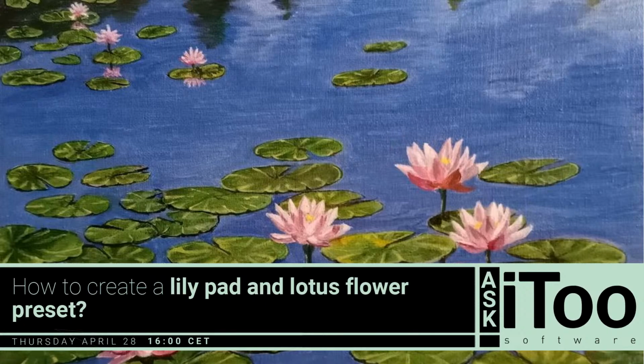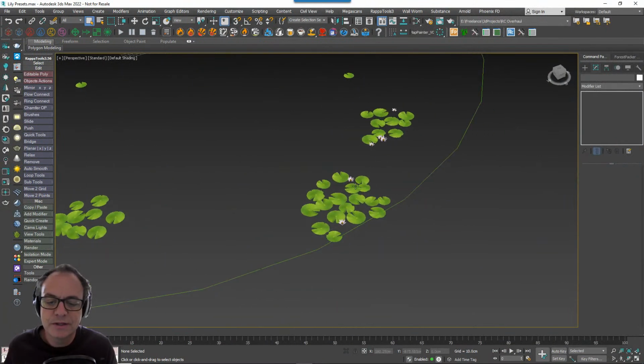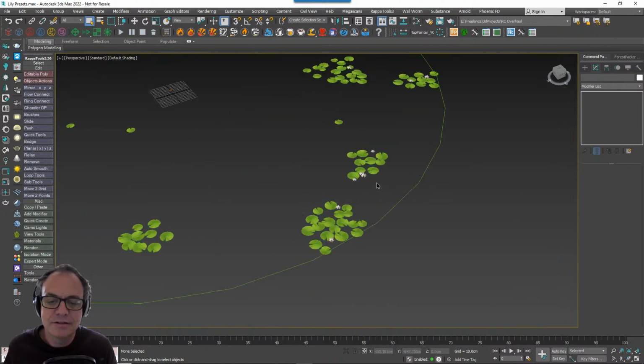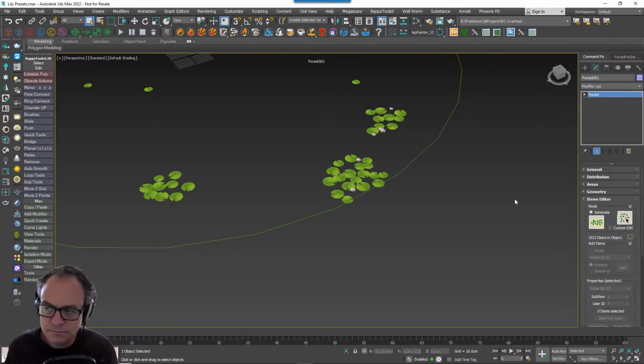So let me switch over to screen capture mode, and you can see here kind of what we're going for. I'll just show you briefly the end result here, which is little clusters of lily pads, and I'm just going to come into the settings and give you a quick preview before we do it from scratch. So